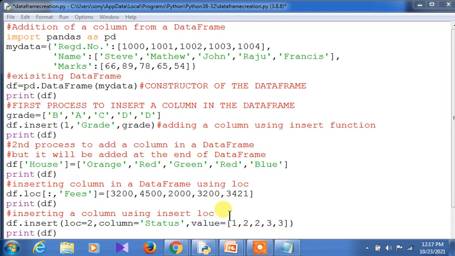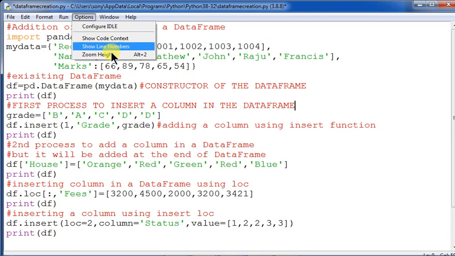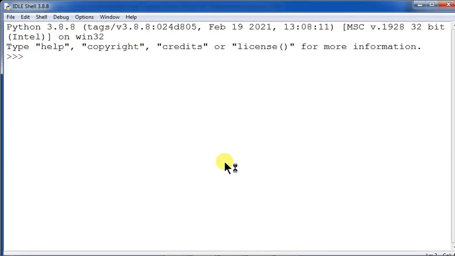So that is actually the way to insert a column, all the possible ways to insert a column in a data frame. Now let us see it by execution. We are executing this particular file, and then obviously we will be able to get the desired output. Once the output is delivered, afterwards we will verify whether whatever we have written is correct or not. Now let us see how it functions.